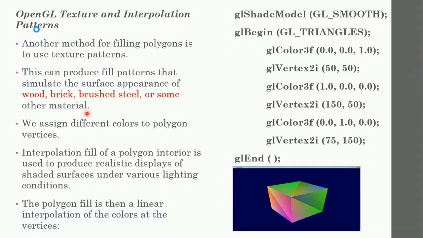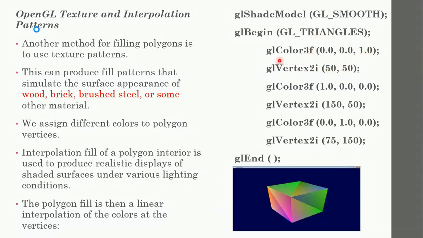In this kind, interpolation means, remember that, for example, for a triangle, here we have written the program code here, GL begin GL underscore triangle. So a triangle has three vertices. So how are the vertices defined? See here, one vertex you have here, another vertex defined here, third vertex is defined here. Before writing the vertex functions, you have also written the color for the vertex. Remember that the vertex position at 50, 50 has the RGB blue color, the first vertex.